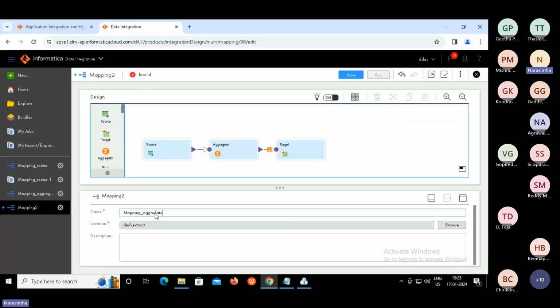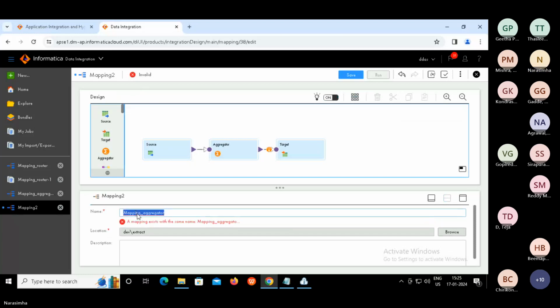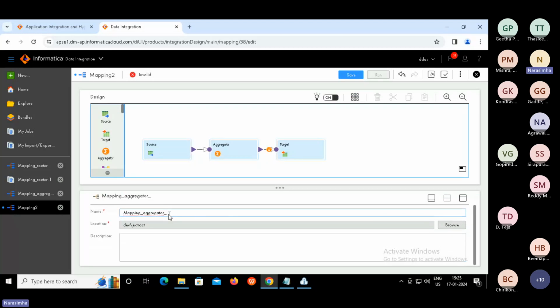Mapping is a type of asset and then followed by the type of functionality that we do, which is aggregator. Within aggregator, we are trying to perform sum. This is what we are following. It's not mandated that we need to follow this. It differs from project to project. But ultimately, in order to make sure the entire team follows similar notational semantics, that's why coding guidelines are required. Clear, right? Yes or no?